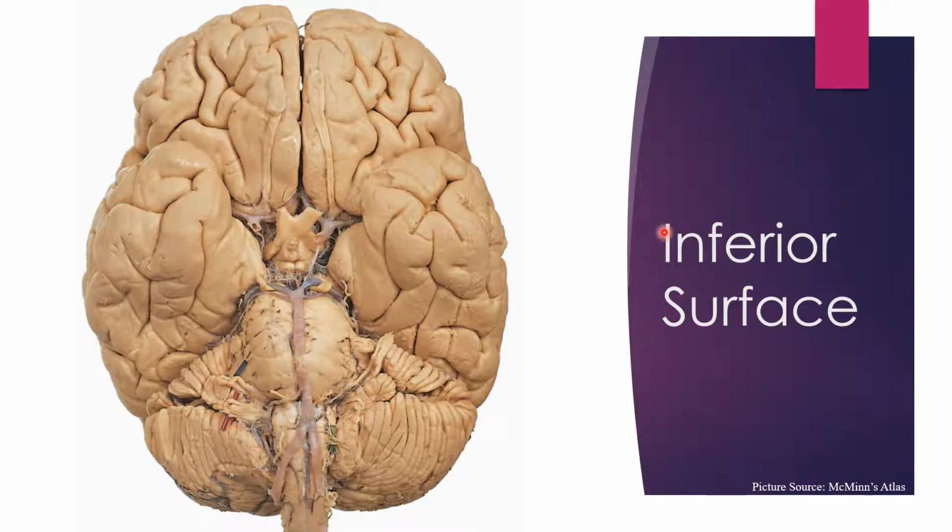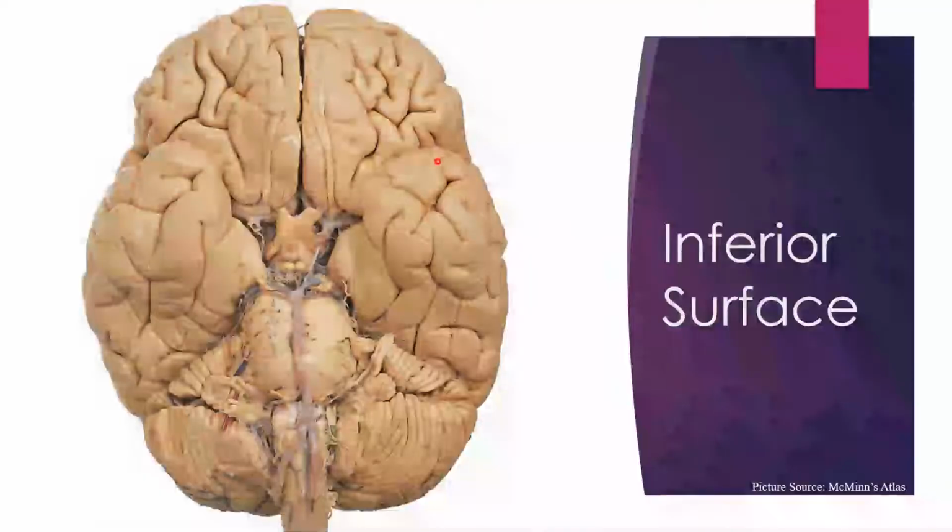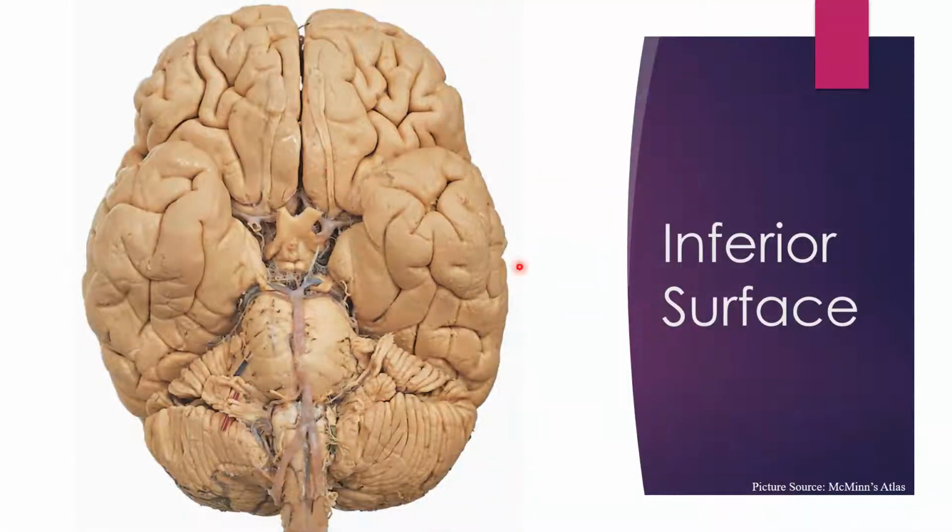Okay, this is the video on the inferior surface of the cerebral hemisphere. Till now, we have discussed the supralateral and the medial surfaces. Inferior surface की अगर हम बात करें, तो inferior surface will have two parts: an orbital part, which is superior to the orbit, eye socket, ठीक, and a tentorial part, which is superior to the tentorium cerebelli.